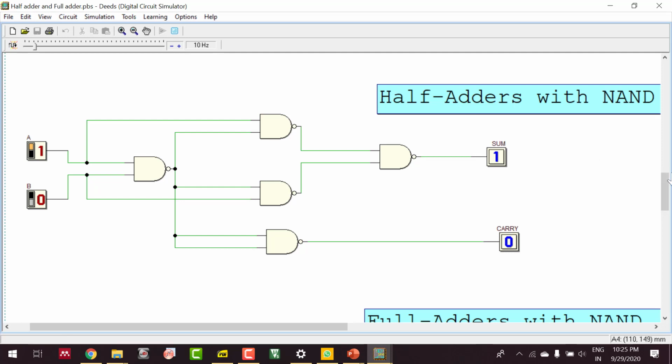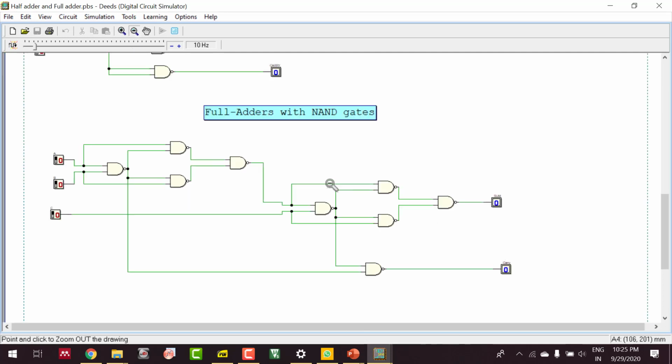Similarly, you are going to have a full adder with the NAND gates. I am going to show you in a moment. If you look here, this is a full adder using NAND gates. This first part will produce A XOR B, and I am taking C here and connecting it to one more XOR circuit. That means in the first case A and B produce A XOR B, and in the second case A XOR B with C. That means here you are going to produce A XOR B XOR C.